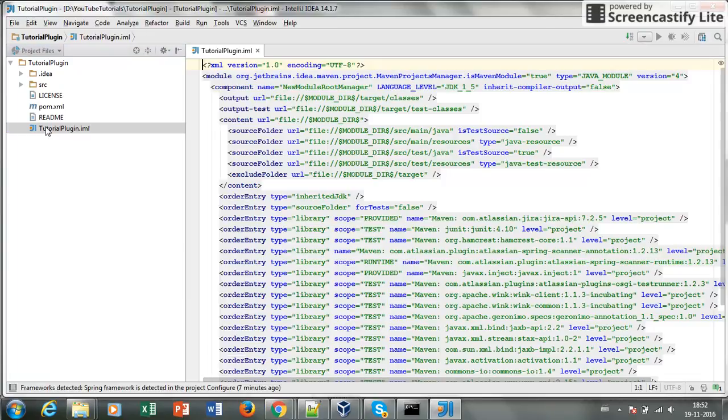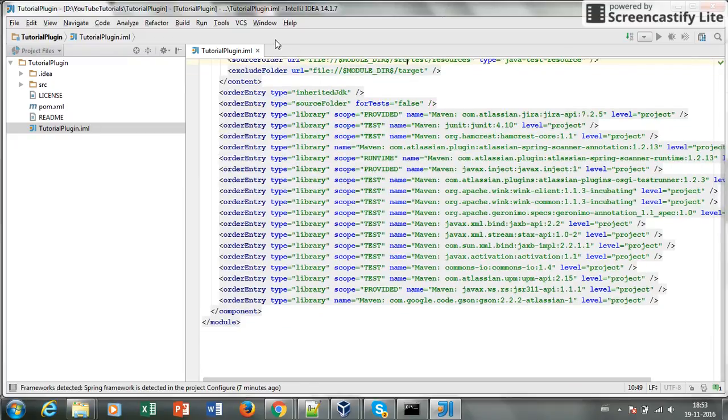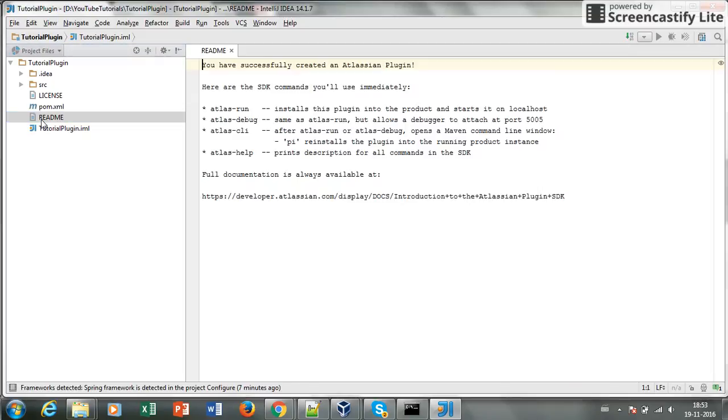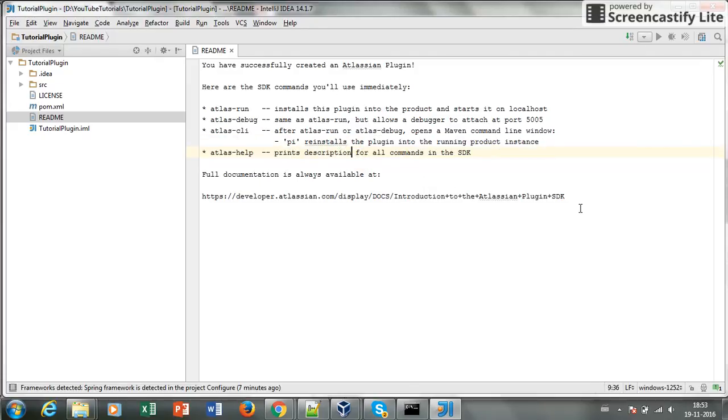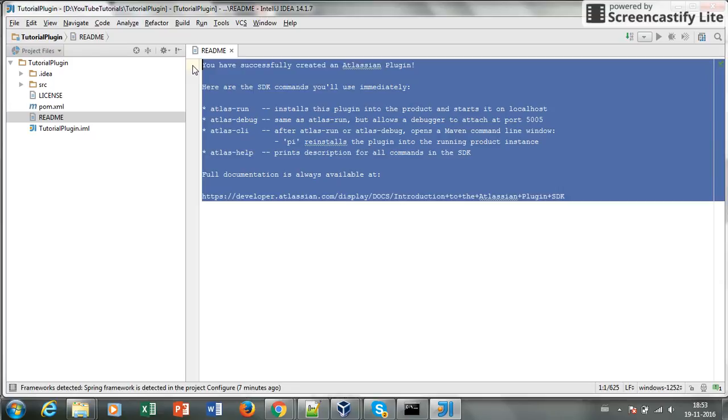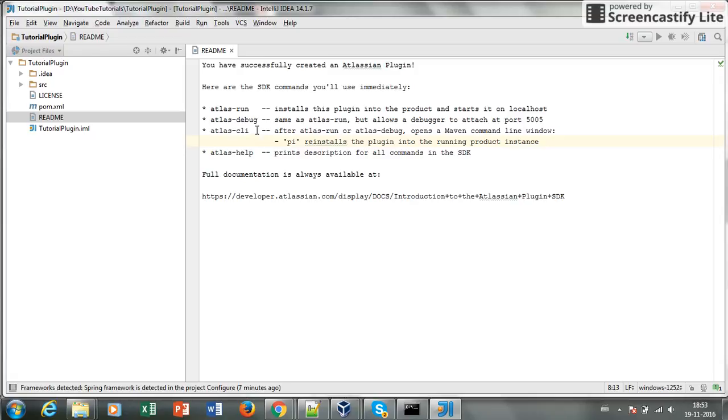So this is some IML file, so you don't have to worry about this at all. This is the README. So this gives you a few important commands that you'd be using throughout your tutorial. Atlas run, Atlas debug, Atlas CLI. So